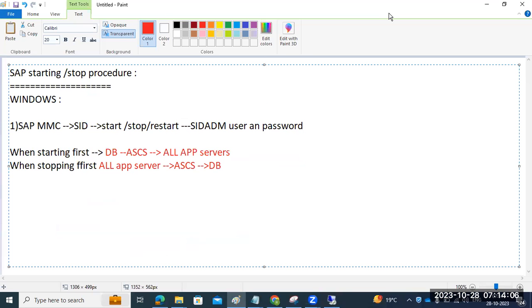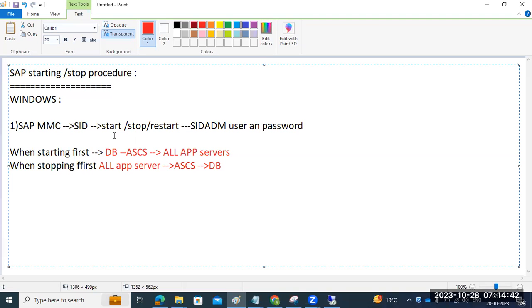I shared those passwords in the group, and I will reshare them now. So for basis, we can use that password.